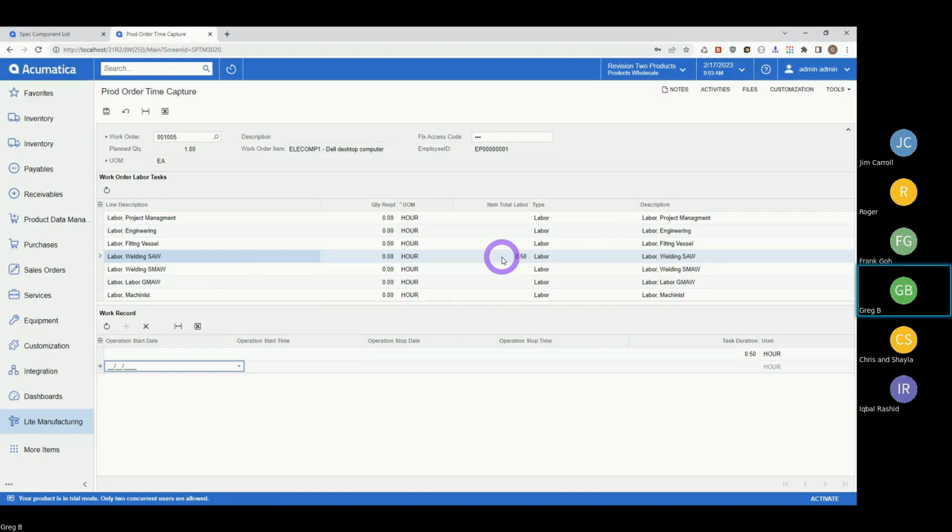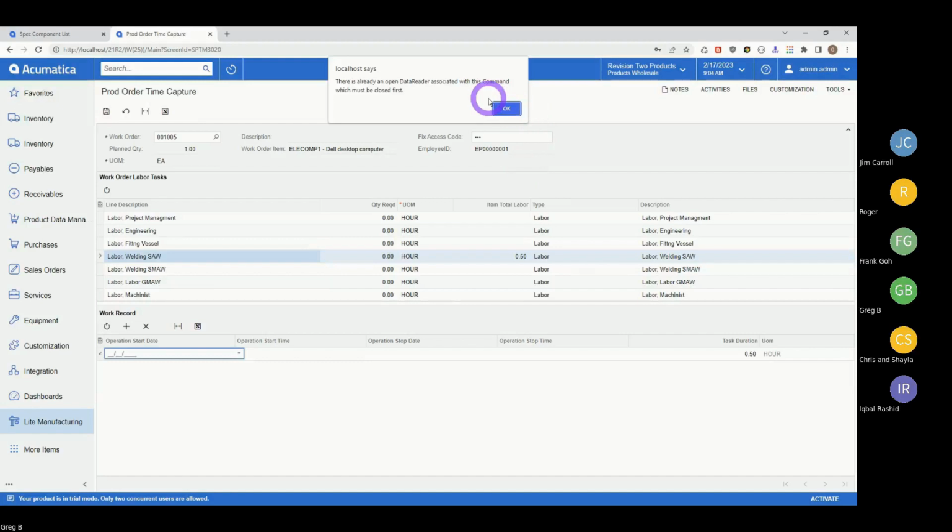So, the guy submerged arc welding, he was quick. He did all this in half an hour. I never could get a submerged arc welder started in half an hour, but anyway, he's got it going here and he's doing it, so it's got half an hour. Maybe that was just between now and the end of the day, and he comes back tomorrow and puts in more time, and it'll accumulate the time. So if I save that,